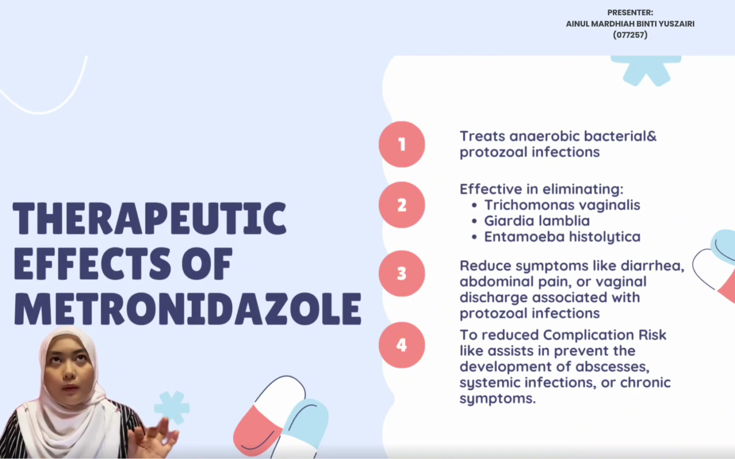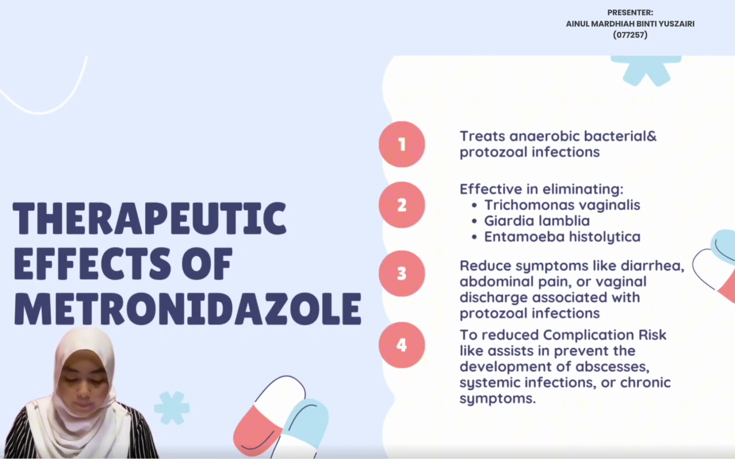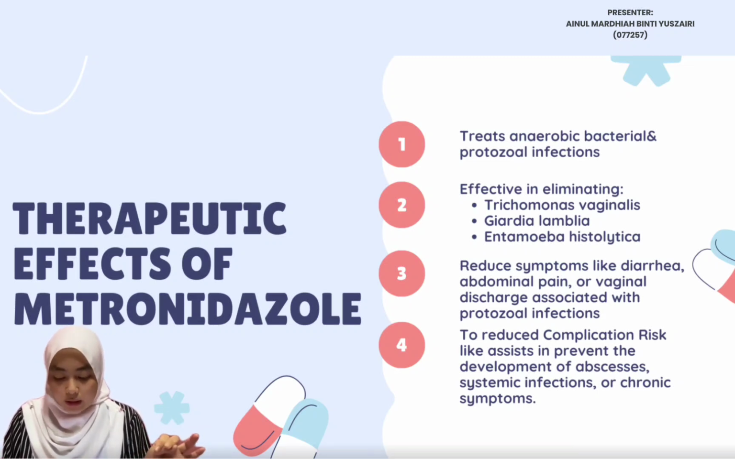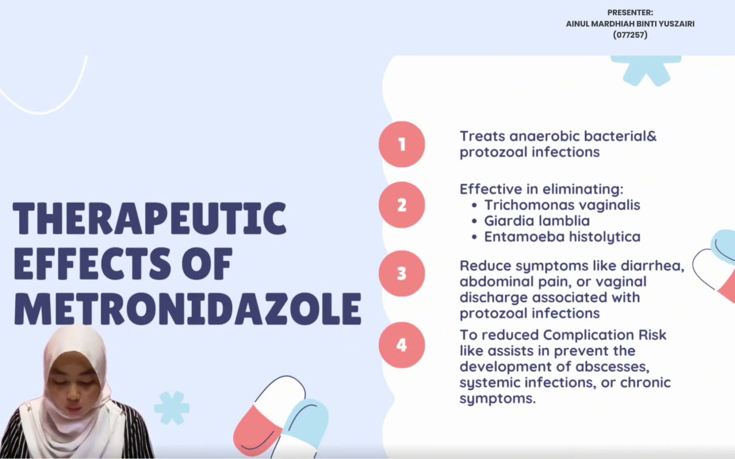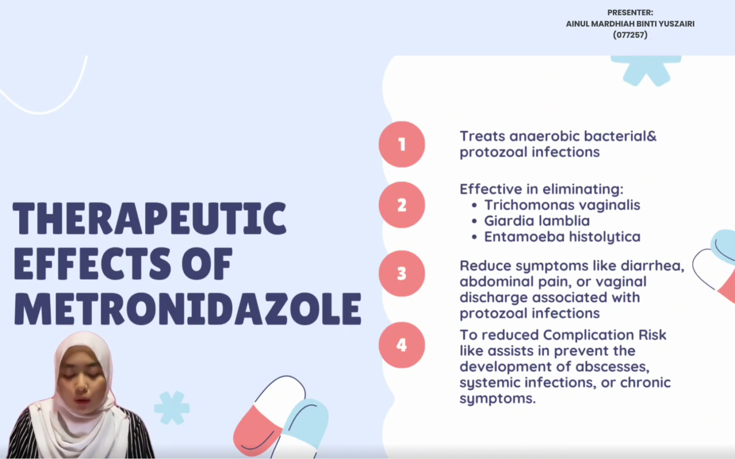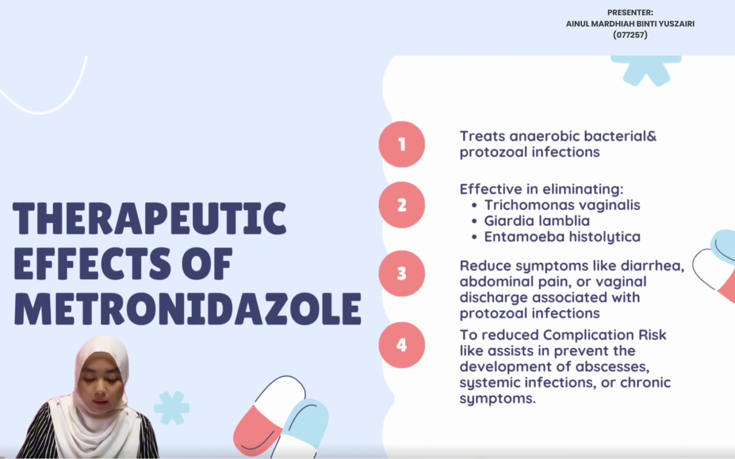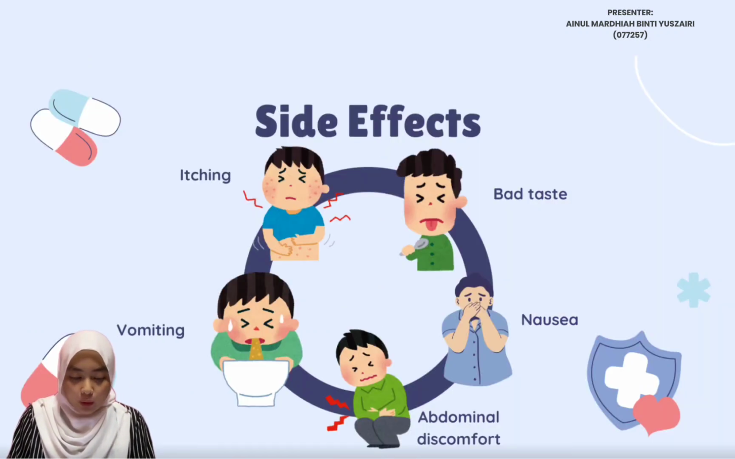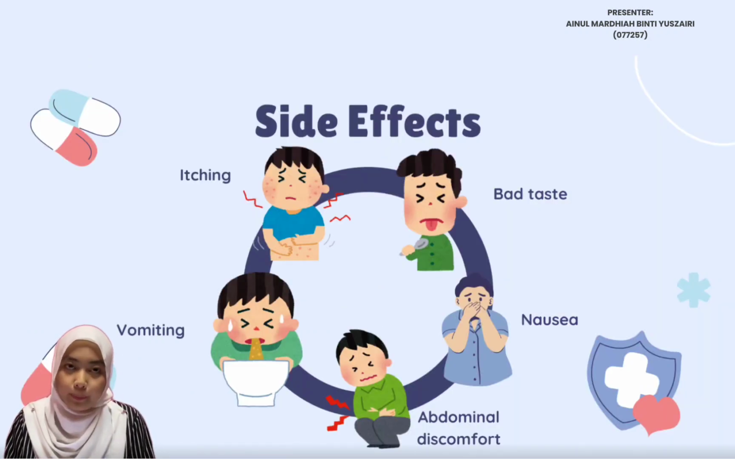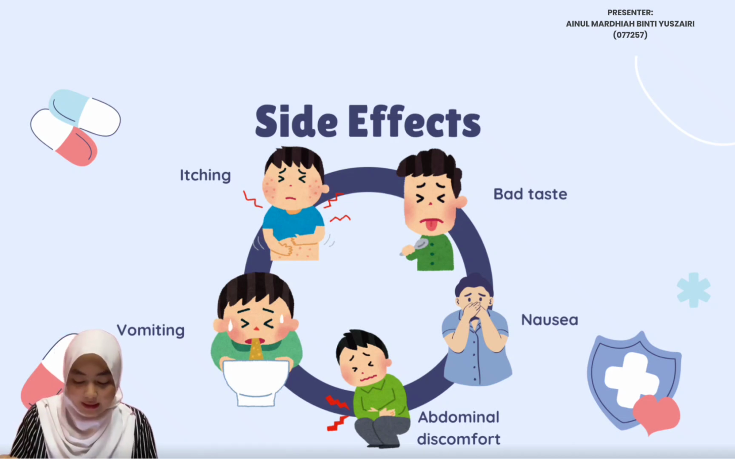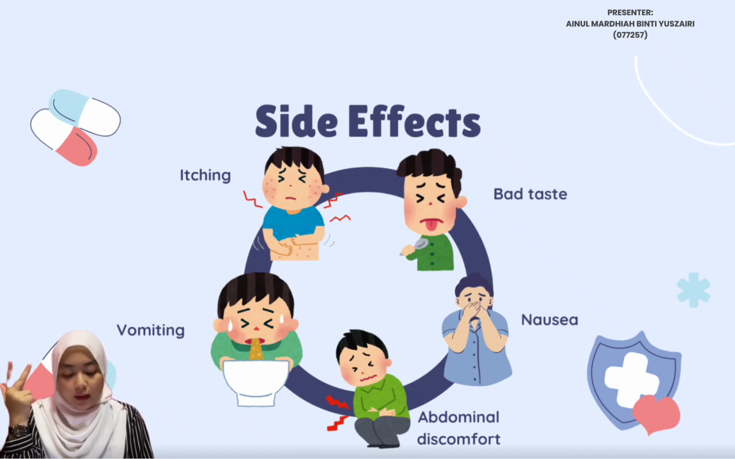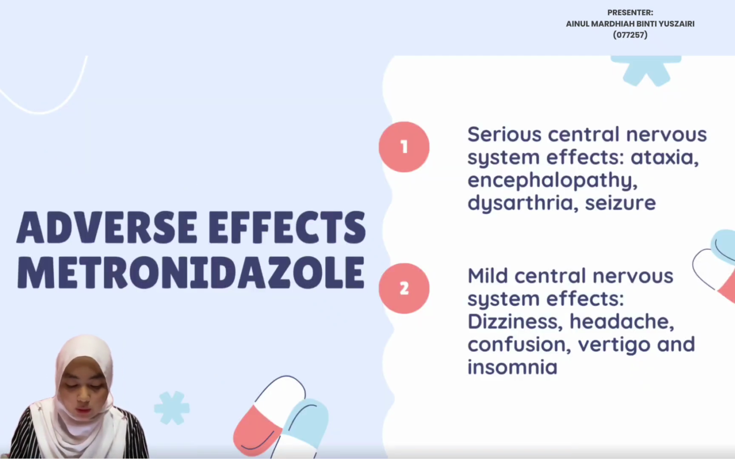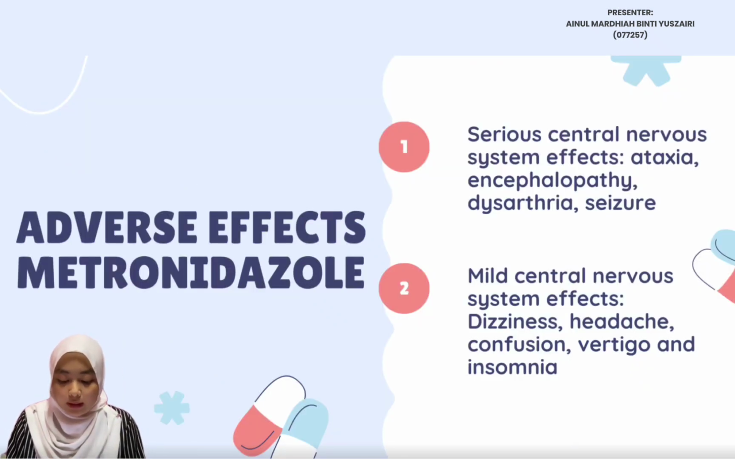Next, this drug will also reduce symptoms like diarrhea, abdominal pain, and vaginal discharge, which are associated with protozoal infection. And lastly, it can also reduce complication risk, like assisting in preventing the development of abscess, systemic infection, or chronic symptoms. So although this drug is very good, it also has some side effects, which are bad taste, nausea, abdominal discomfort, vomiting, and itching. It will also have some adverse effects, which are mild central nervous system effects and serious